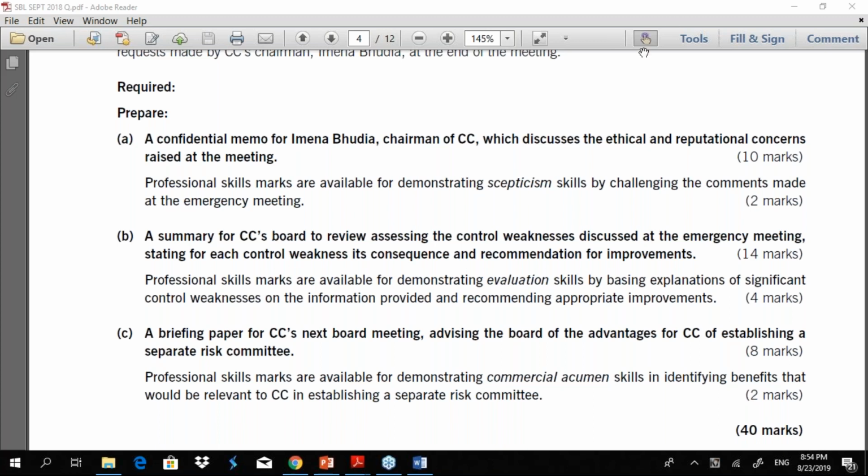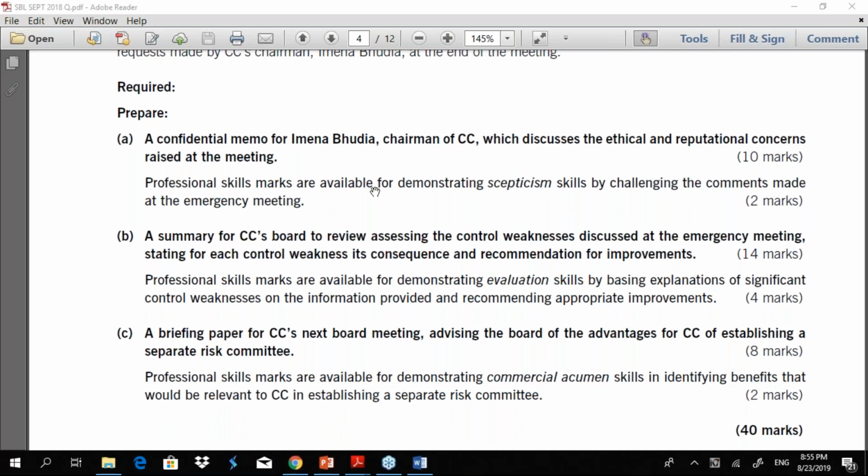Here there's no format to follow. You can just write the answer. Of course, you can have a heading that says, summary of control weaknesses, its consequences and recommendations. And below that, you can have subheadings.